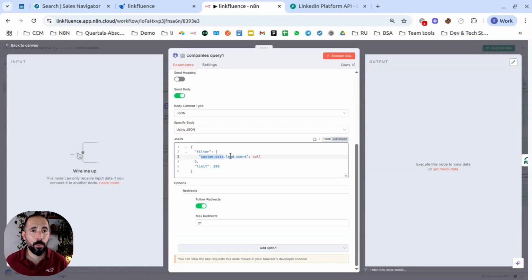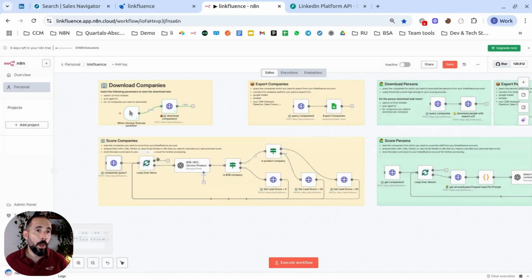The custom data, where this lead score is part of each company document in MongoDB, is where you can store over the API whatever data you want. So you can make this part of the document absolutely yours, and there you have a very flexible and vast data store at your disposal. I'm using this optional parameter limit that makes sure we are querying at most 100 elements in this one run of the workflow. We loop then over each of the companies that we retrieved from our Linkfluence account,